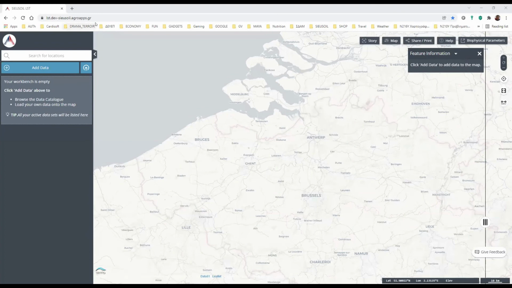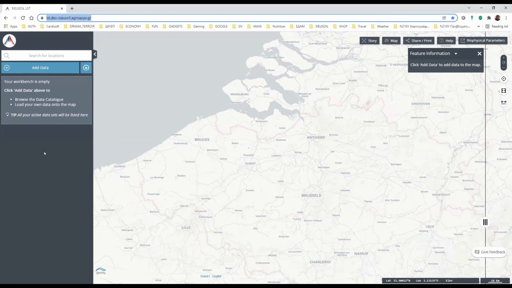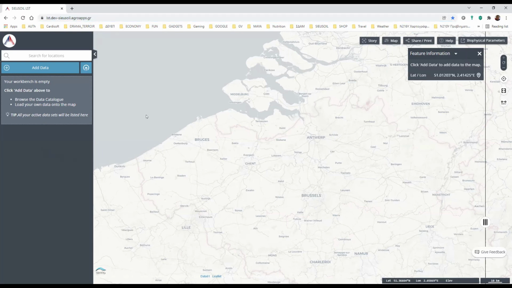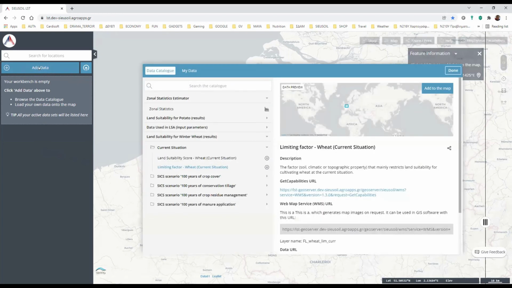The address is in the slide, the address is right here, so you can visit it anytime that you want. The capabilities that this tool gives you is to add data. So you go to the Add Data button, and here you can see